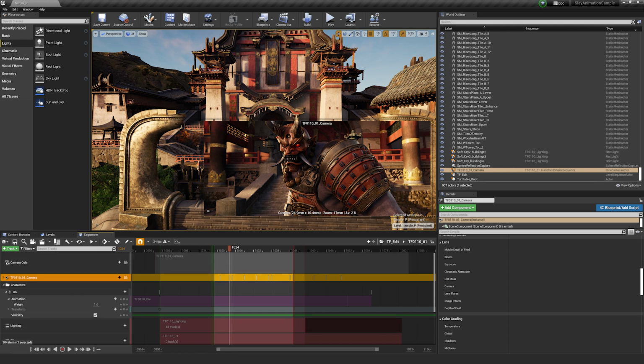Each one of these little individual shots requires different camera finessing and so on, so it was better to have these be their own individual cameras without having to traverse shot to shot to shot and maintain that. It was much easier to just have them be their own individual shots.